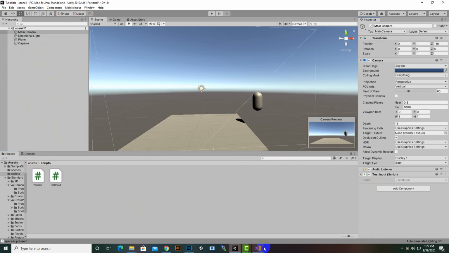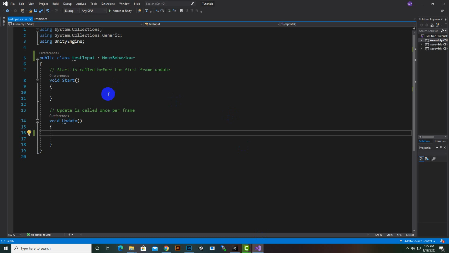Now we will open the script, and whenever we use the input keys, we have to use them inside the update method, because the update method is a repeatable method, which repeats things again and again. So for input keys, we will first make an if statement, and we will say Input dot